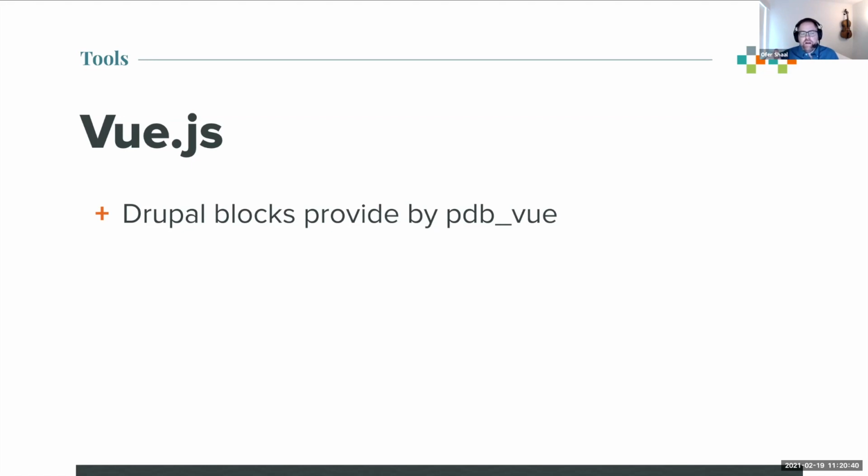So now think of how instead of fully decoupled websites, you can use a Drupal theme, a regular Drupal website. And on top of that, you choose where and how to implement these various blocks. Each block is a Vue component, does something. It's a functionality, it's a display, but eventually this would be the full experience for the users. So PDB Vue allows me to connect a script of Vue, a JavaScript Vue file, and implement it in a